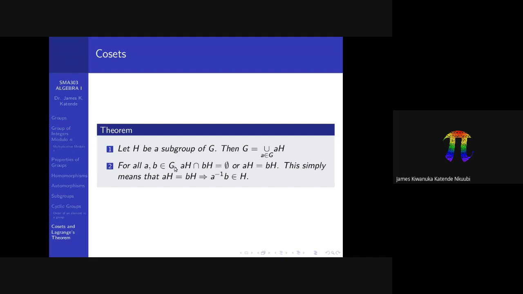What we have said there basically is the following: if H is a subgroup of G, then G can be written as a union of